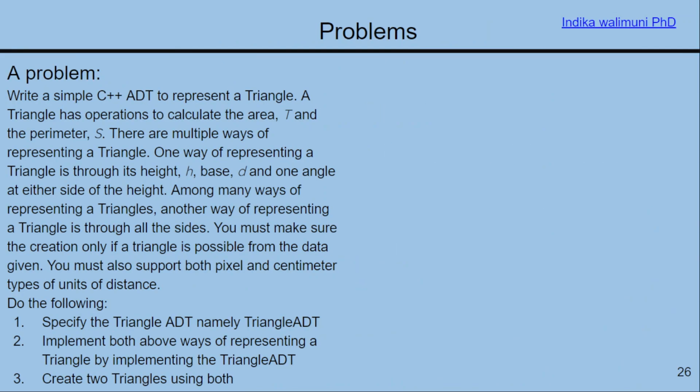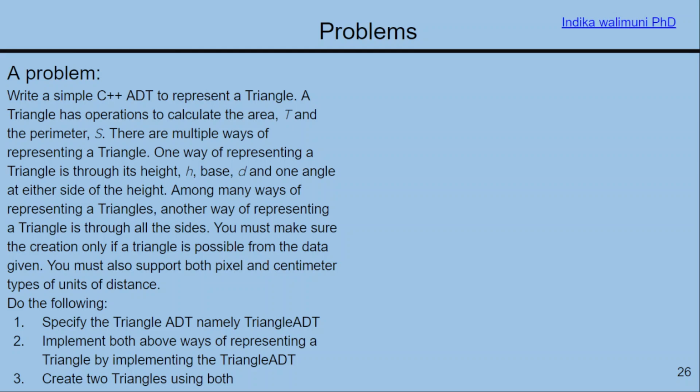All right, so let's use this problem to both learn how to use inheritance and also to write an ADT. Okay, so the problem is this. Write a simple C++ ADT, abstract data type, to represent a triangle. So why we need that ADT to represent a triangle is that